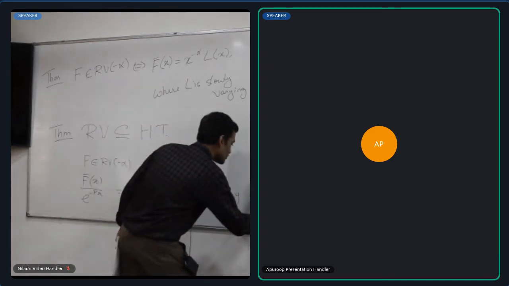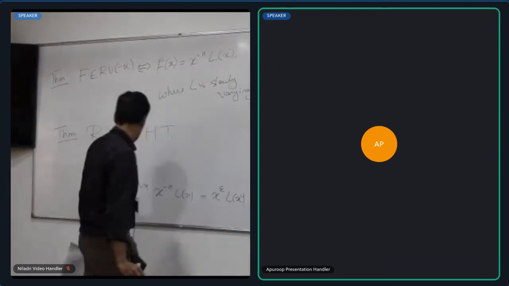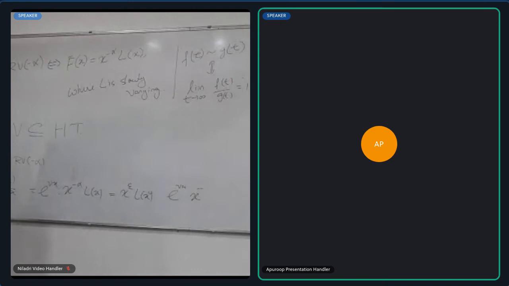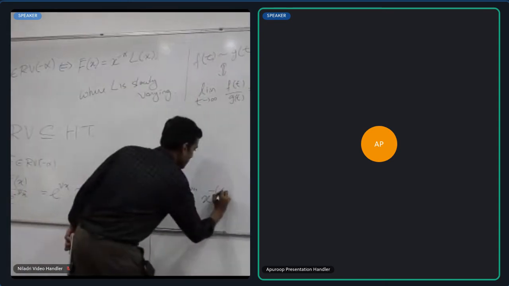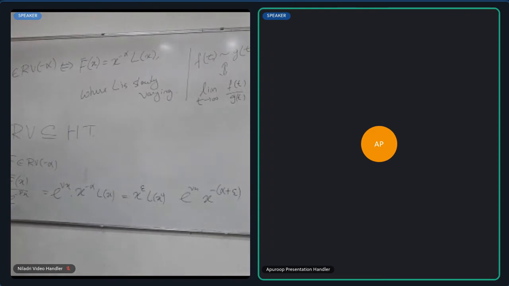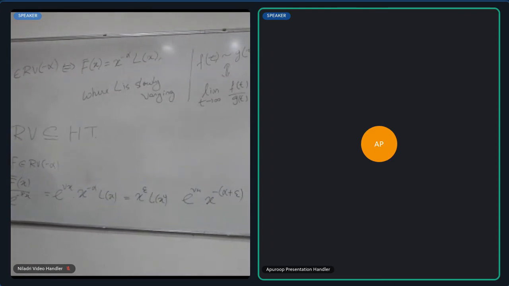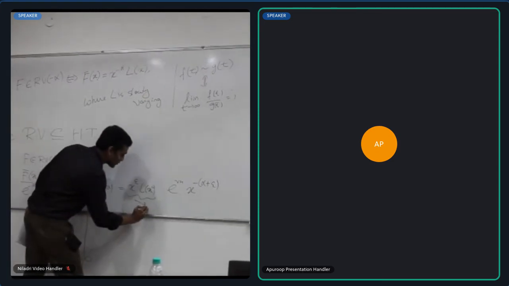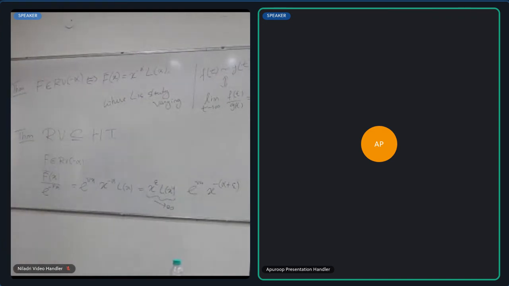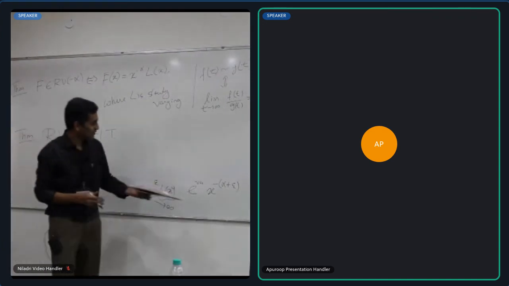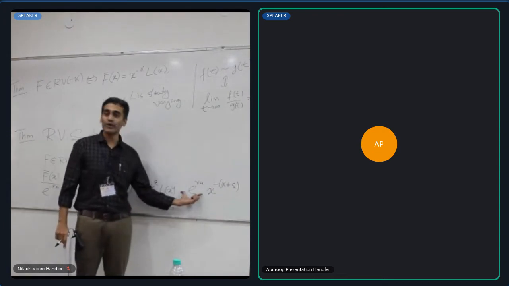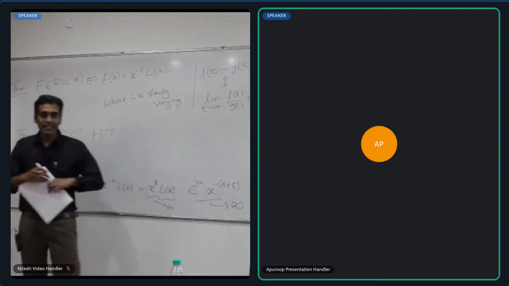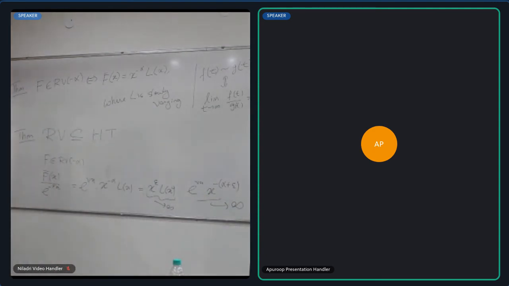times e raised to mu x times x raised to minus epsilon. All I've done is multiplied by x raised to epsilon and divided by x raised to epsilon. Now this thing, because epsilon is positive, goes off to infinity by virtue of that property that I've written there. That second piece anyway goes off to infinity because you are multiplying a decaying power law with a growing exponential. So this thing will go off to infinity. So that shows that all regularly varying distributions are heavy tail.